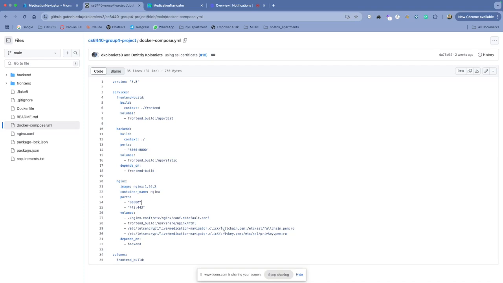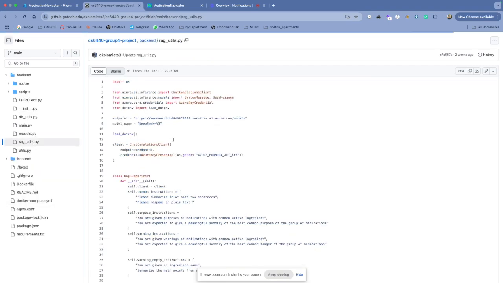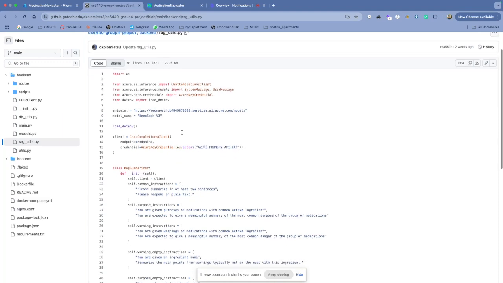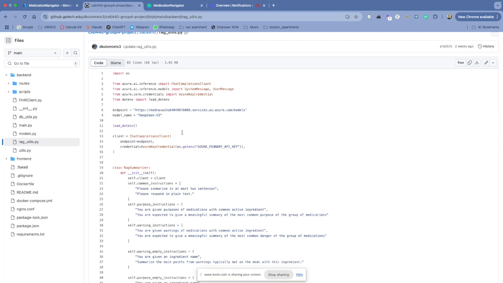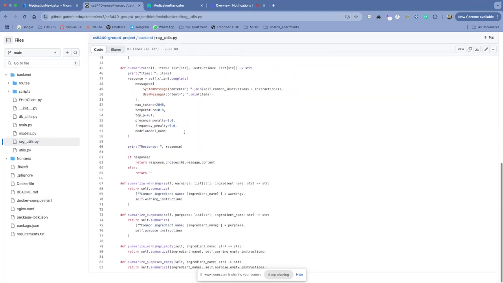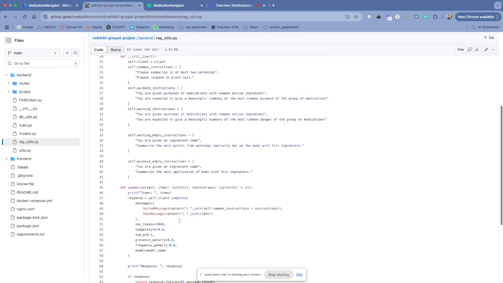I also wanted to quickly touch on the RAG summarization component. So RAG stands for Retrieval Augmented Generation, and let's take a look at the retrieval part. Every time the user wants a summary for a group of medications with a common ingredient, we retrieve the warnings for all those medications and purpose labels. And then we feed it over to the LLM